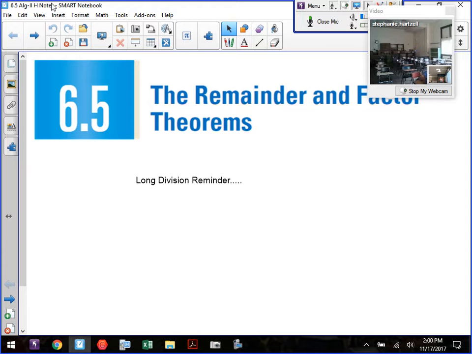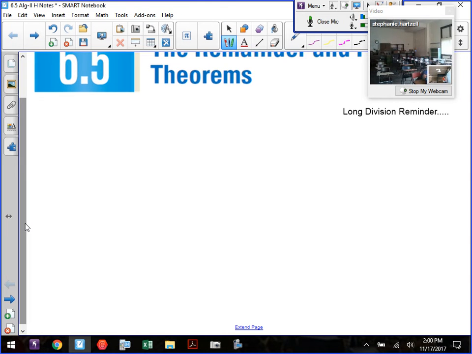So let's take a look at what are called the remainder theorem and factor theorem and all that. But it also stems from remembering what this crazy little thing called long division looked like. For example,